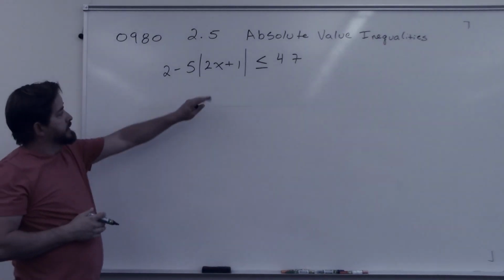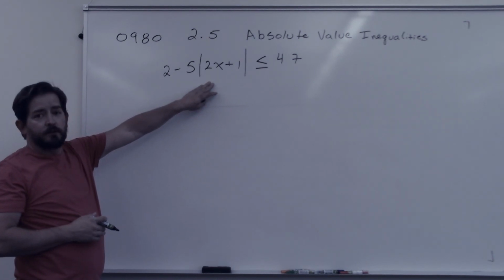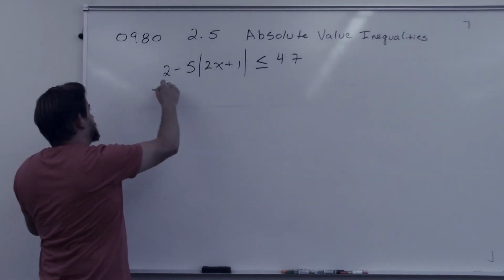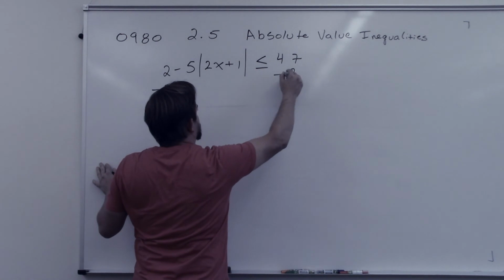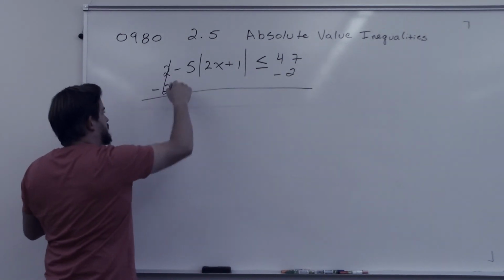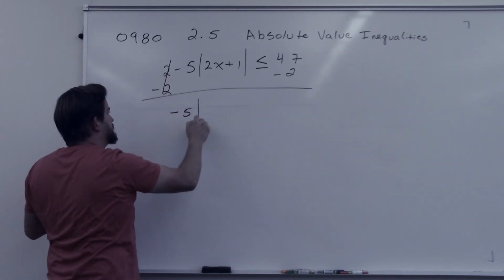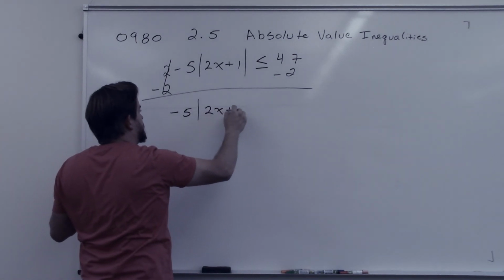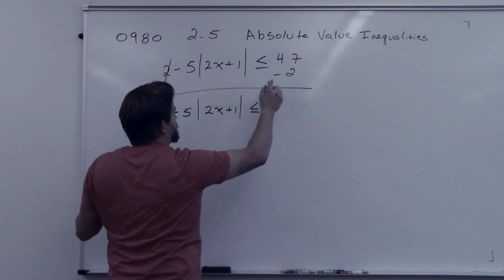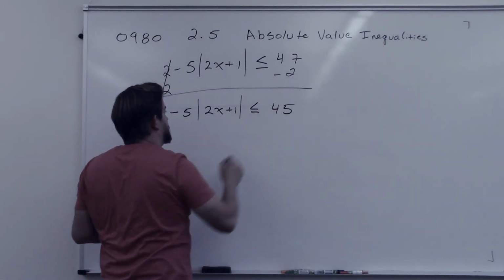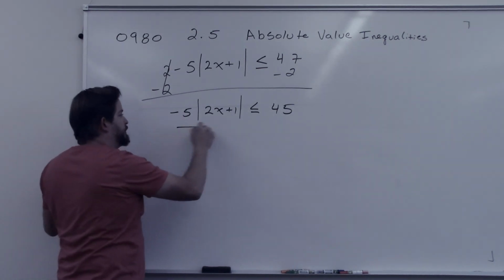Again, I want to try to isolate this absolute value. So I'm going to start by subtracting 2. Gone. That leaves me with this negative 5 times the magnitude of 2x plus 1 less than or equal to 45. Okay? And if I divide by negative 5,